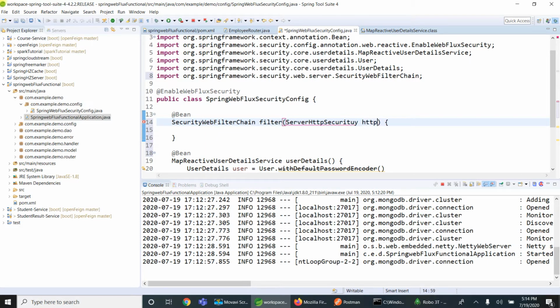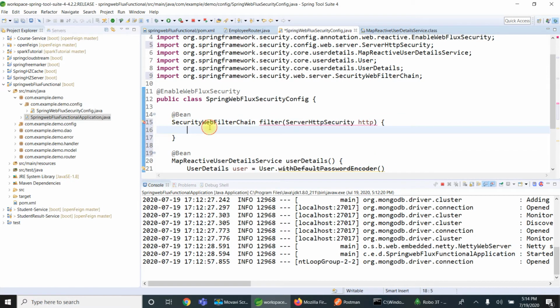With this http, I should be able to say which endpoint needs to have which role, all those things. Return http.build.